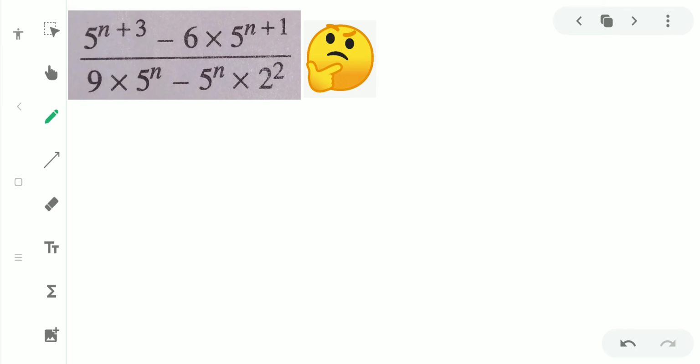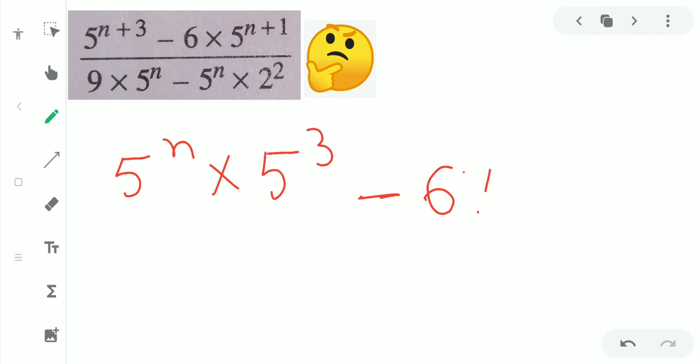So I will be writing 5 power n plus 3 as 5 power n into 5 cube, minus 6 multiplied with 5 power n into 5 power 1, divided by